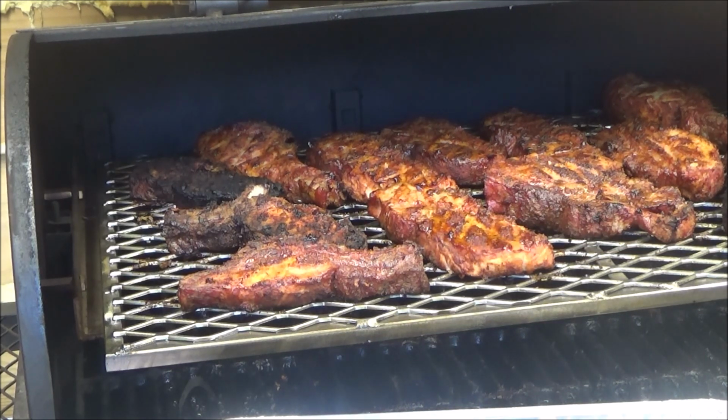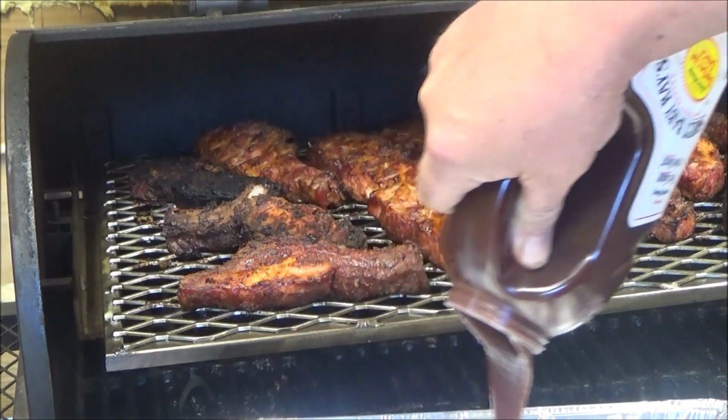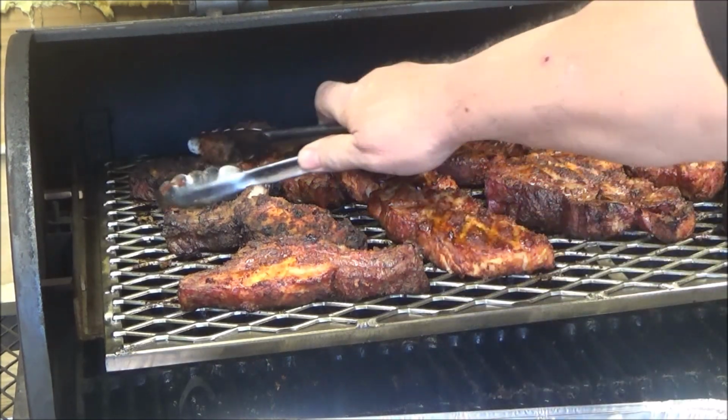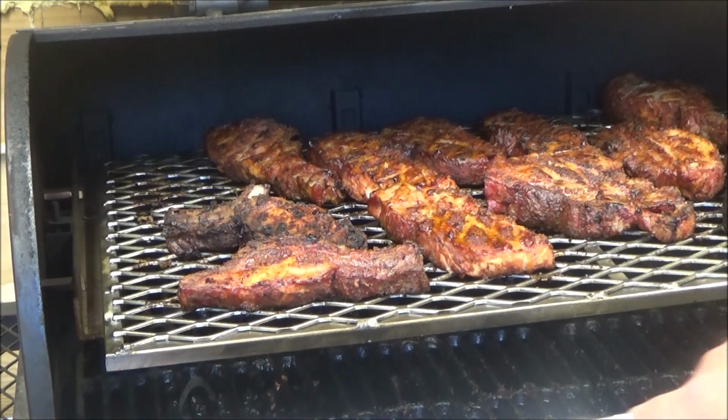Alright, let's pour a little bit of this in here. Ooh, look at how thick that is, folks. Whoa. Let's take this guy that's been cooking for a while. We're going to put him in here. We're going to smear this around, folks. Best way to enjoy